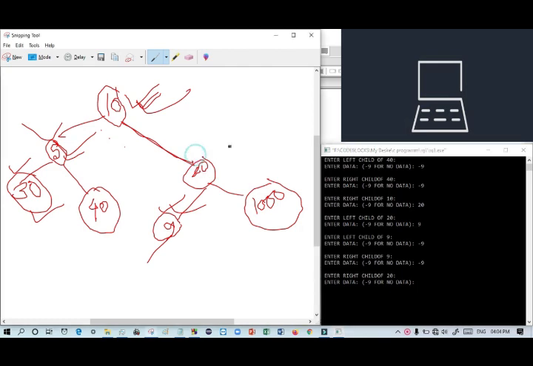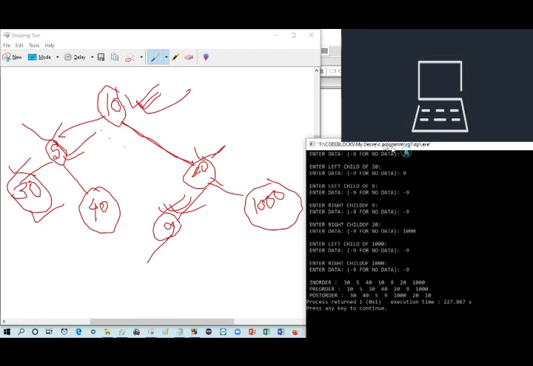I have given the right child of 20 as 100. Right child means 100. Just give 100, enter. There is no left or right child, so just give -9 and -9. After that it will show us in-order, pre-order and post-order. Just see, this is the answer.